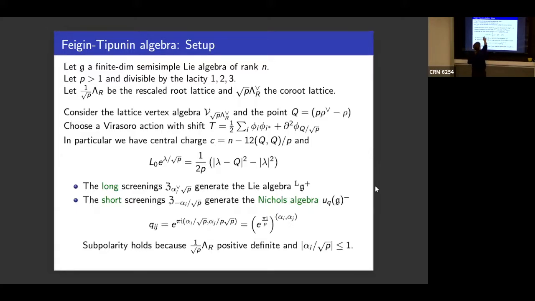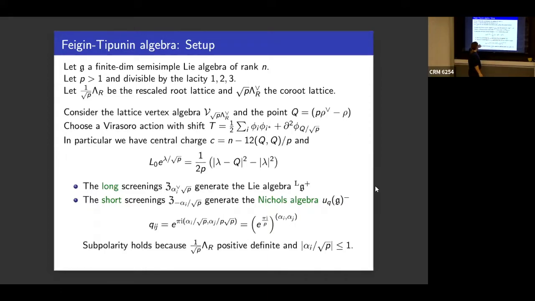And now we take a Virasoro action, which is the standard Virasoro action we had a couple of times for different people on the blackboard, shifted by this background charge, which is exactly q. Remember the picture we had from the lattice VOA? This was some parabola, some modules looking at the L0 eigenvalue with some quadratic term. This is shifted by q. We'll see a picture later. It's a parabola which has a center around q. It has a symmetry around q, and that's what you should have from the Lie algebra side. We do that for a reason that becomes clear now. In particular, the central charge is now depending on this quantity, so it's shifted by this. And if you compute the L0 eigenvalue, that's exactly this parabola I'm talking about.